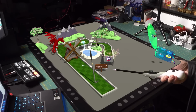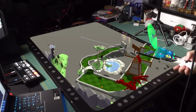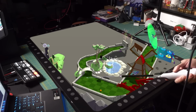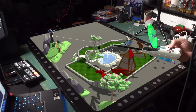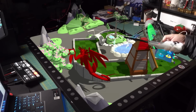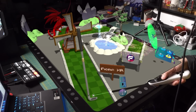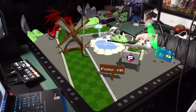There are also a couple games that are kind of diorama analogs. There are mystery solving games and an actual diorama builder. Figment XR is a good example of this. It's a sandbox where you're using the surface area of the game board as a place to drop in 3D models, to examine 3D spaces, and it's something that really is suitable for that tabletop experience, rather than looking at a laptop screen or a computer monitor where you have the flat surface kind of at an angle. Here, the flat surface is the flat surface, and you can actually see objects coming out of it